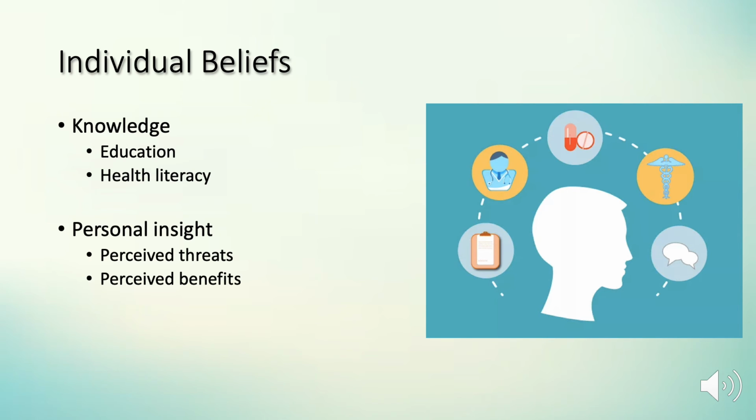Knowledge is a precondition for change, so education and health literacy can help to determine how people behave. Behavior is also influenced by our perception of possible threats or benefits. The perceived threat to illness and the severity of disease can affect how we choose to live our lives. The potential positive benefits of behavior, similarly, can encourage us to take action and follow through with those behavioral choices.